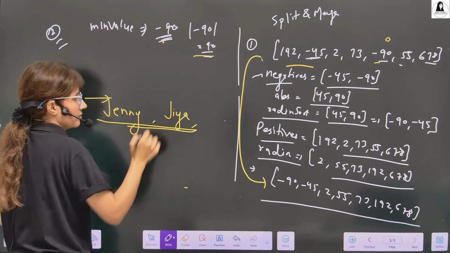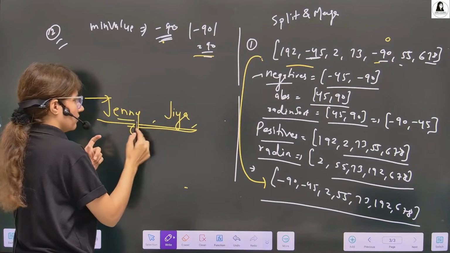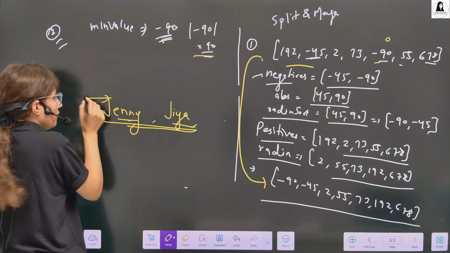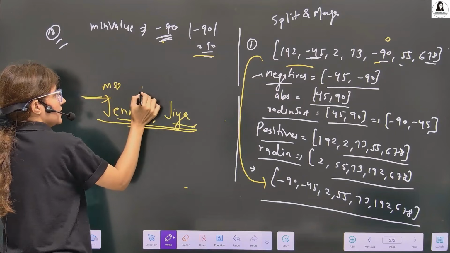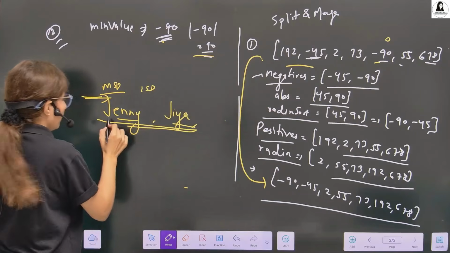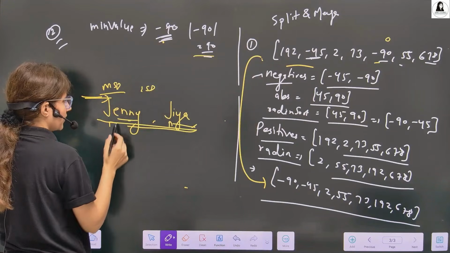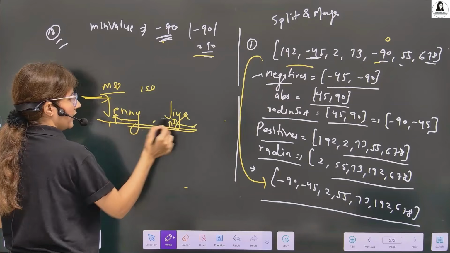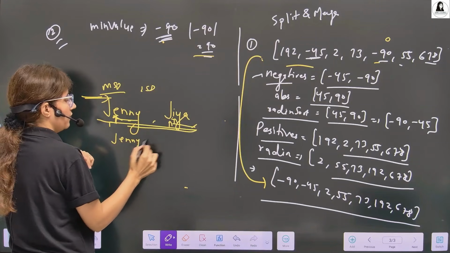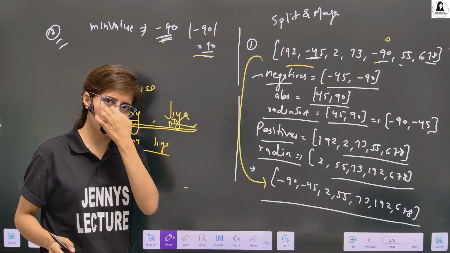You can apply it from this side to this side or the other way, but generally when we are dealing with strings, because they are variable length, we apply it from MSD to LSD, from most significant digit to least significant digit. So compare J and J, the ASCII value; based on that value we compare. Both are the same, right? Now compare E and E, then N and I. Which one comes first? I. So Gia would be first, then we write Jenny. Like this we compare strings.